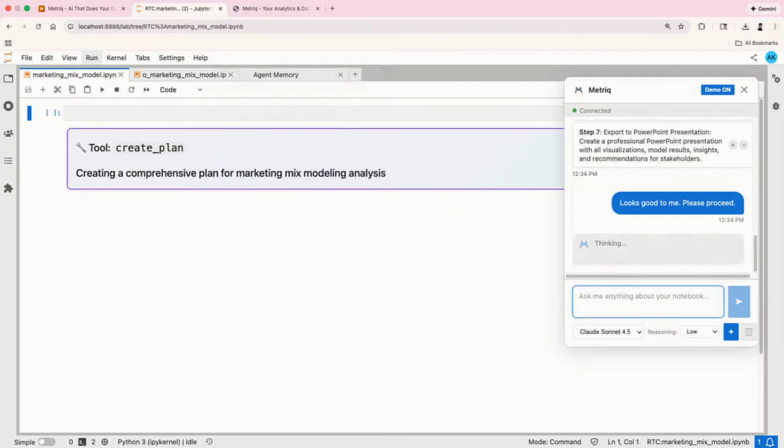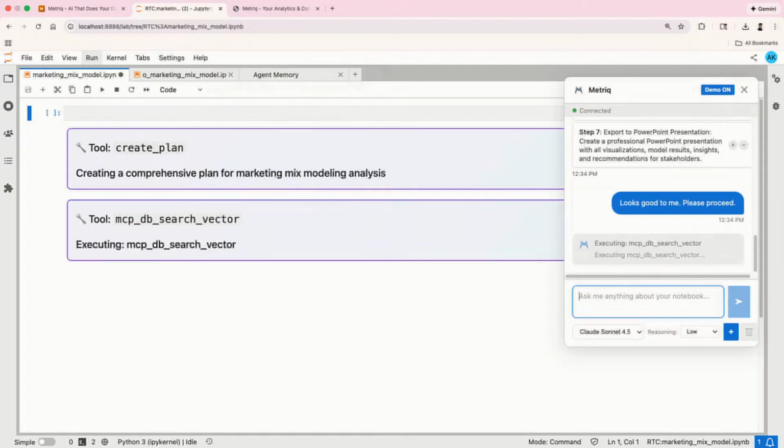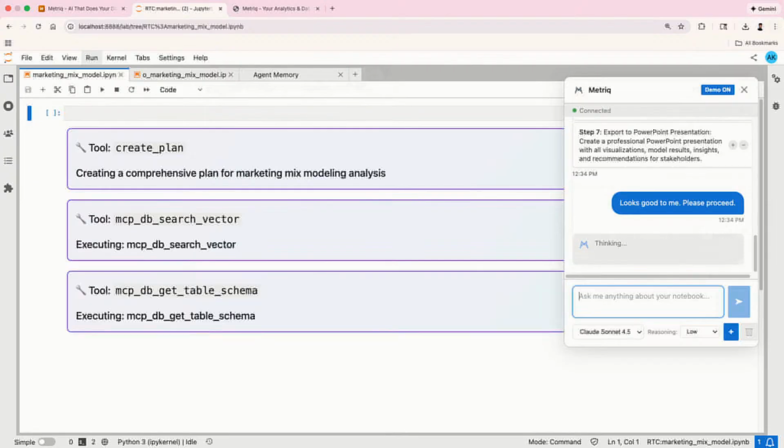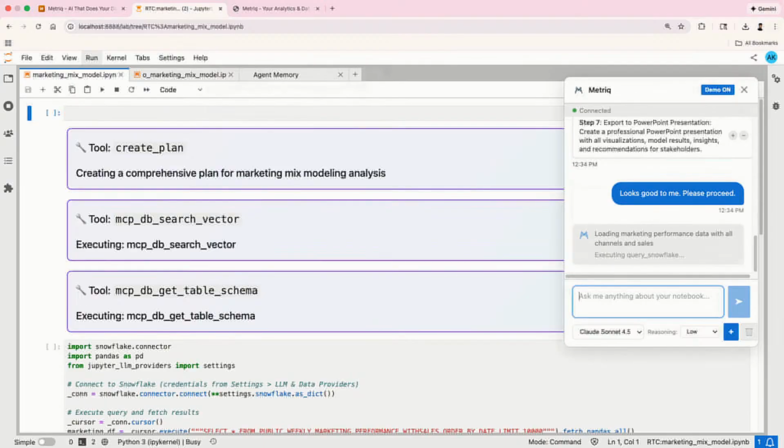So as soon as we ask it to proceed, it's going to make upstream data calls to the company MCP to import the tables and understand the context of the problem. That's what it's saying. It created the plan, it's doing a vector search on the company MCP. Now it's understanding the table schema. It's going to import this through the Snowflake MCP tools. Once the data is in the notebook itself,